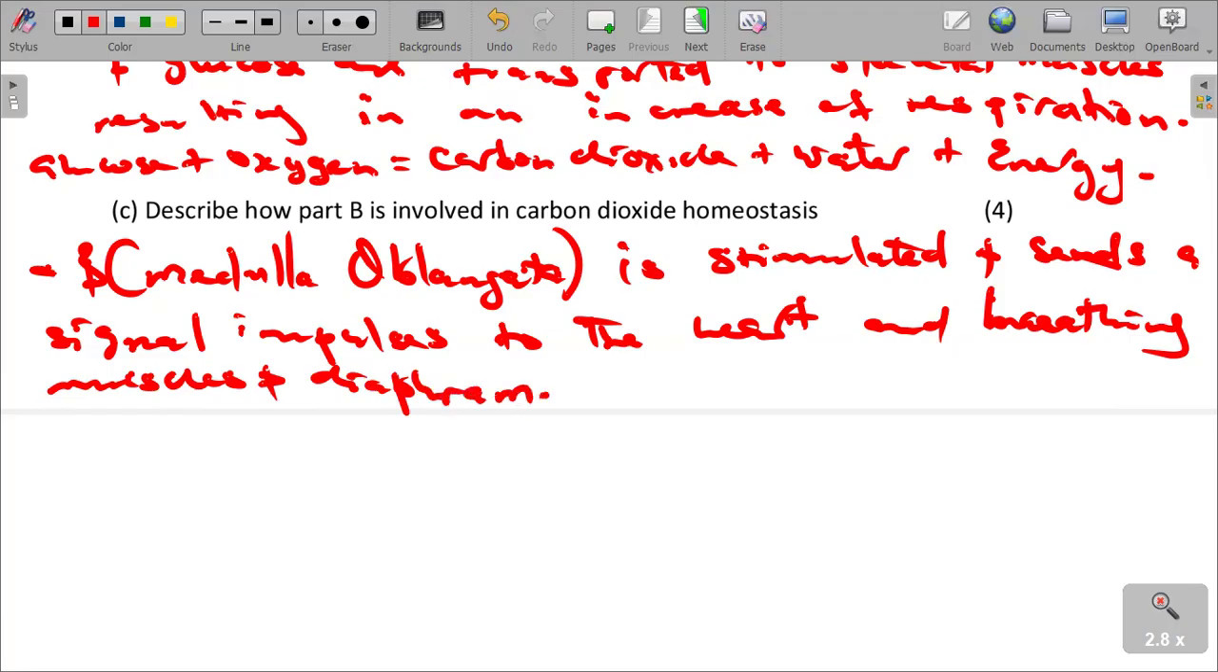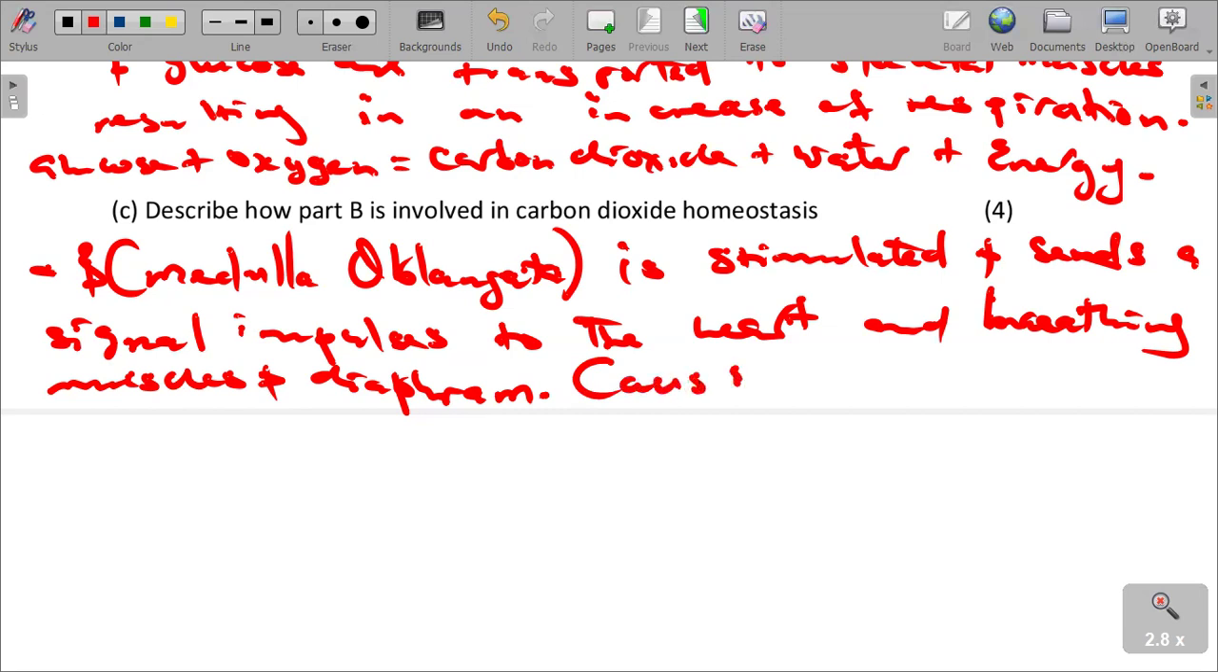The condition here is that the medulla oblongata is the part of the brain that is responsible for balancing the breathing process. So therefore, what we are saying is that it is stimulated. So therefore, a signal or signals are sent to the heart, and also breathing muscles. It is sent to the heart and breathing muscles and the diaphragm. So then more blood is transported to the lungs and carbon dioxide is exhaled fast,